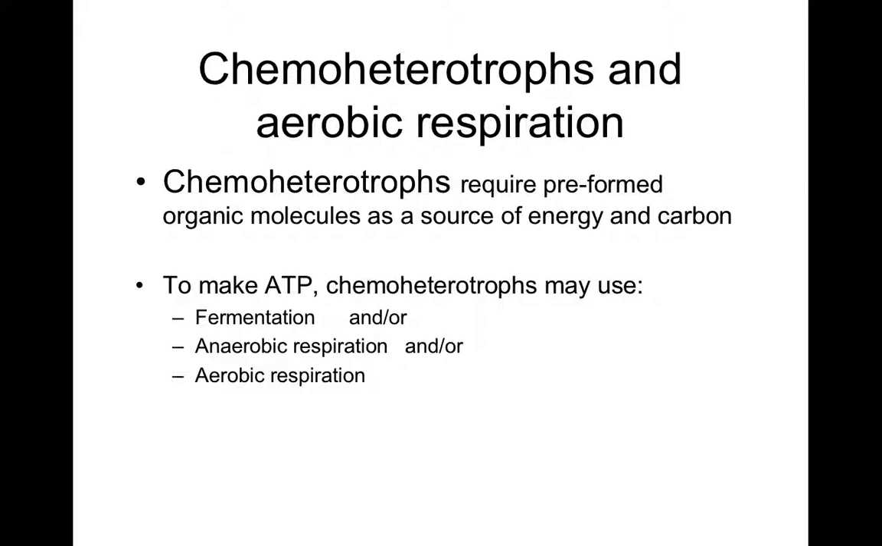So again, most of our time will be spent talking about chemoheterotrophs, and eventually we're building up to aerobic respiration. Chemoheterotrophs require preformed organic molecules as a source of energy and carbon. And we'll be exploring 3 different ways that chemoheterotrophs can use the chemical energy from those organic molecules to make ATP. The processes we'll discuss, in the second PowerPoint, are fermentation,